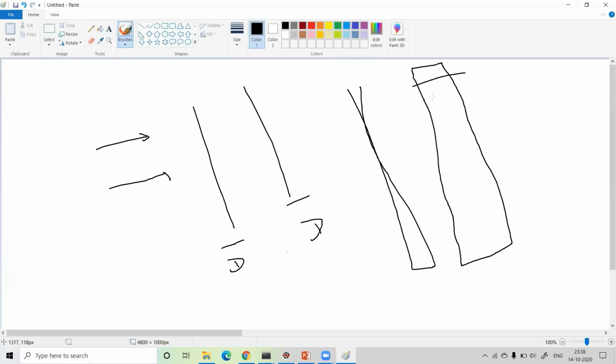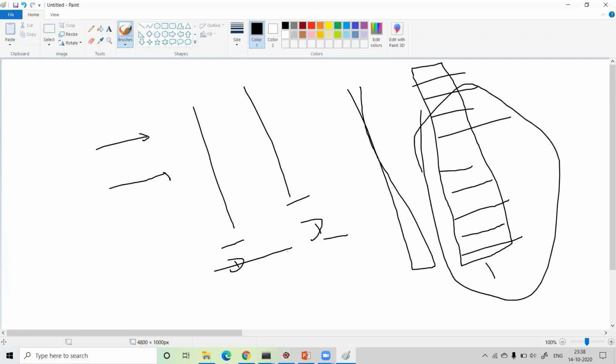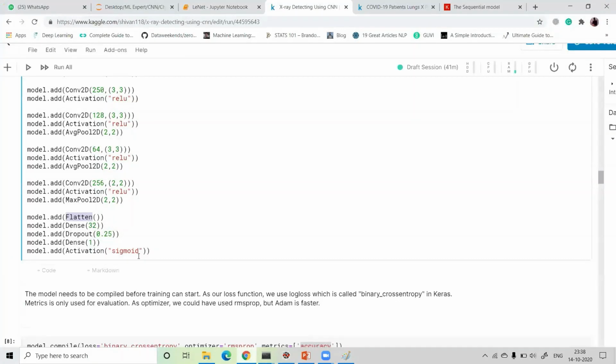All the data 1, 2, 3, 4, 5, 6, 7, 8, 9, 10, and so on. It looks like this. So first I use hidden layers, 1 and 2 hidden layer, and then we have flattened our data. Okay, next, in the final step I use the activation function as a sigmoid. So I just run this cell.